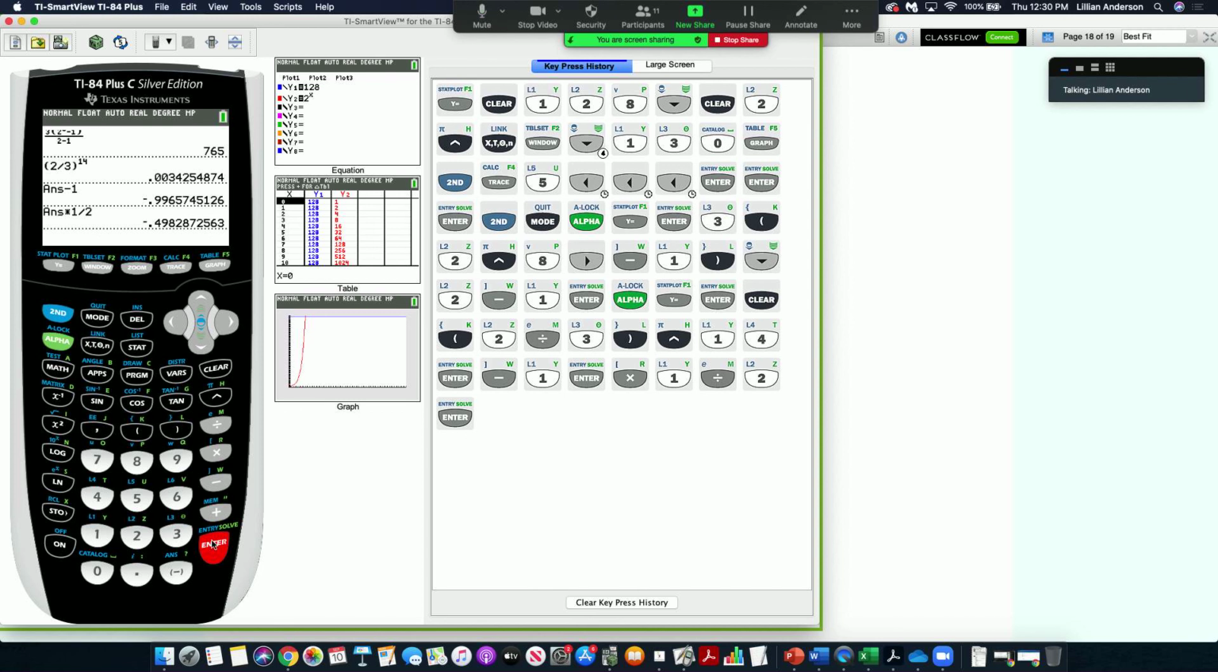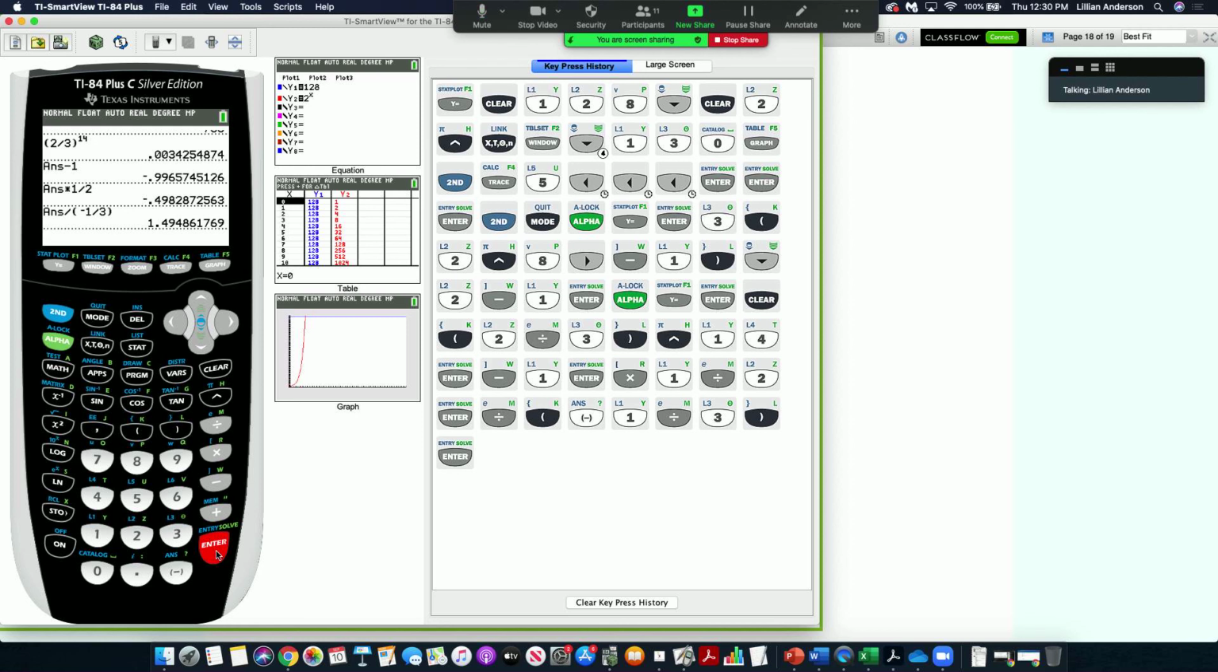This is my entire numerator. Then I'm going to divide it by my entire denominator. My denominator was 2/3 minus 1. 2/3 minus 1 is a negative 1/3. So I'm going to divide by a negative 1/3. I put that in parentheses so the calculator knows I want the entire numerator divided by that entire fraction. So then when I click enter, I should get